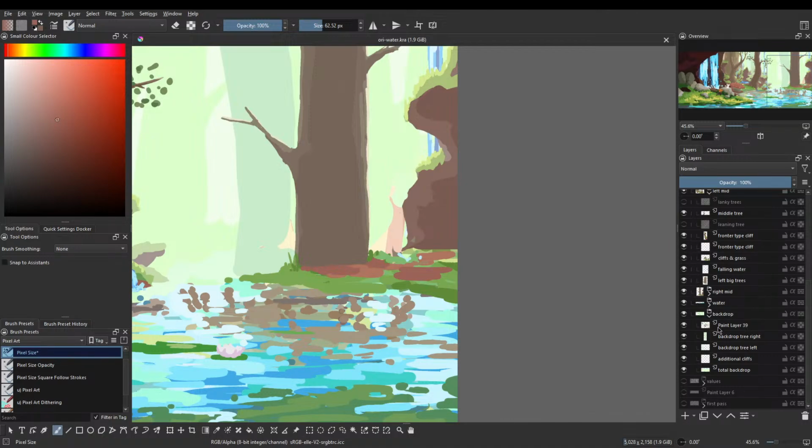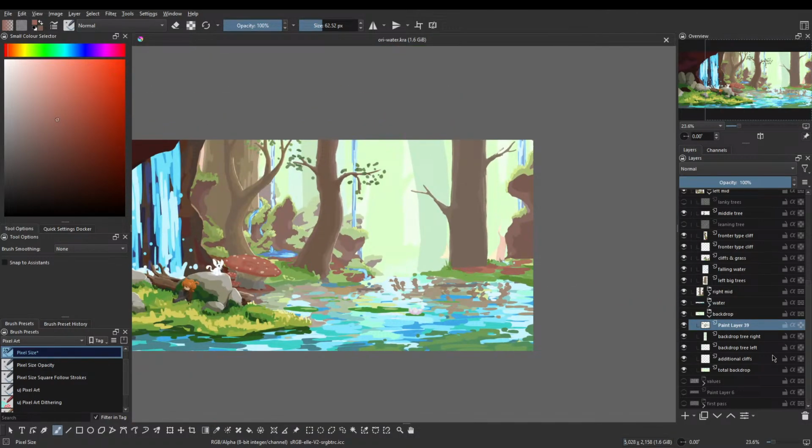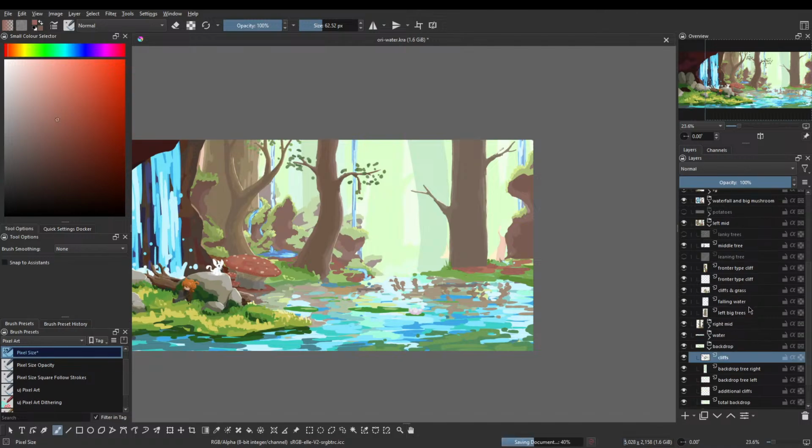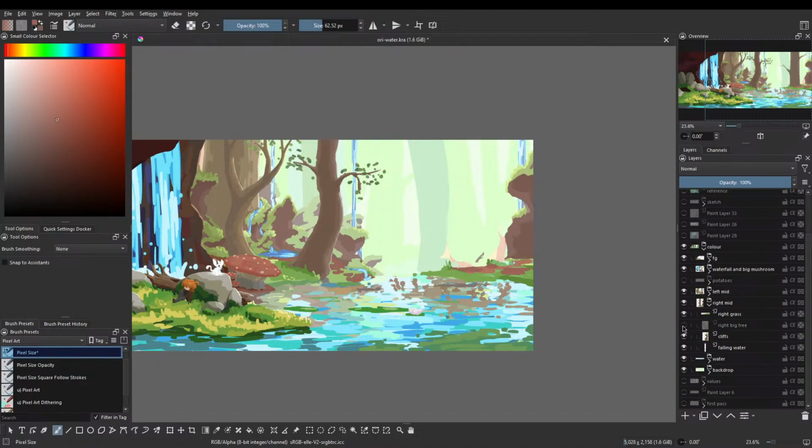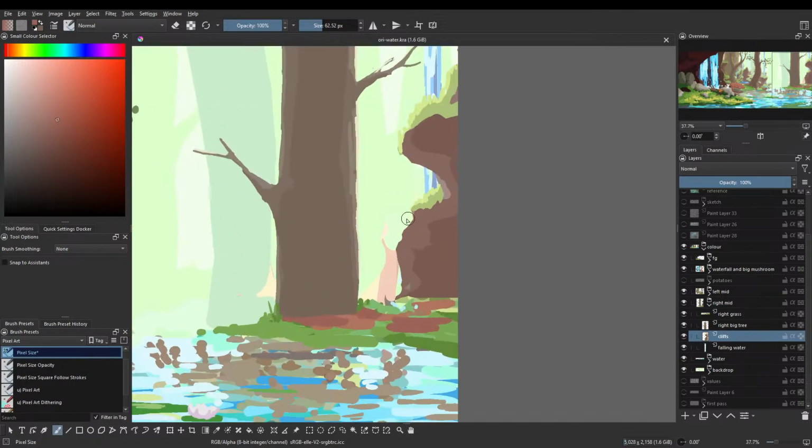Figures. Right, cliffs. What is this? This is okay, this is cliffs in the backdrop. Then I'd like the right mid, and the right mid contains these cliffs. Like, this is a little too much.